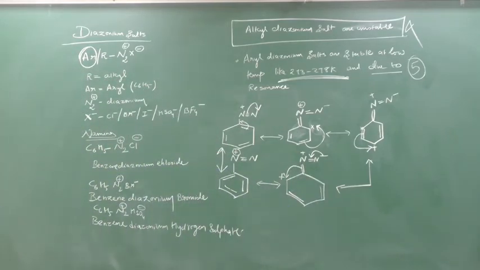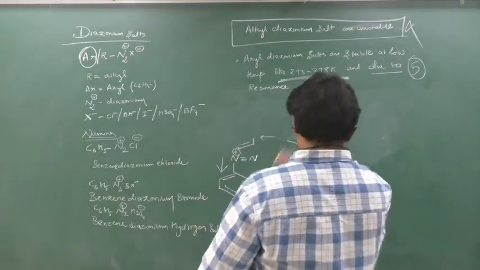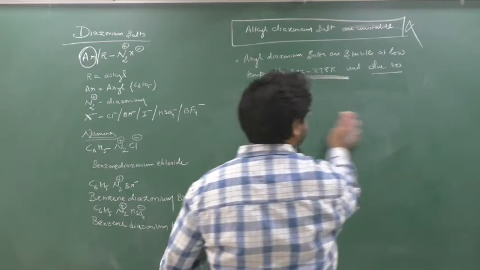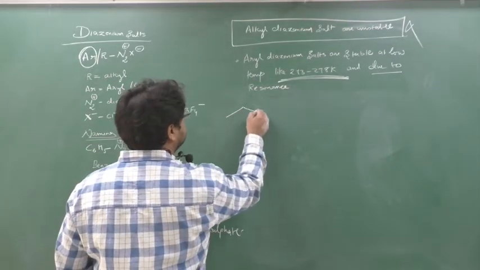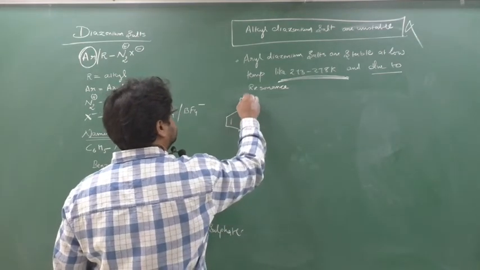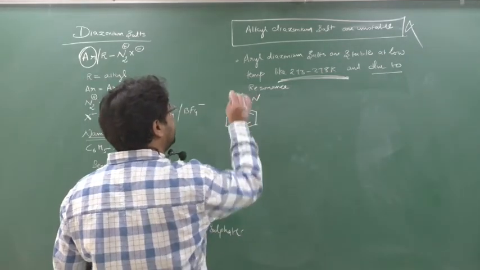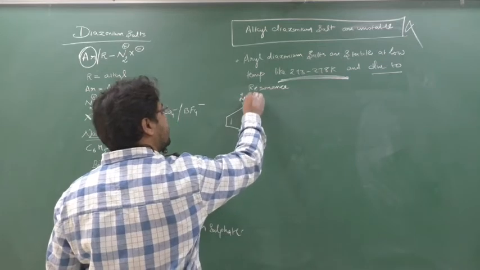Now, shall I explain once more? Yes, chalo. We'll see once more, because they can ask these structures. Totally how many structures are there? 5 resonating structures. How? We'll start from the first. See. If this is a plus sign, this bond will shift here. So to make a new bond, the old bond has to be broken.